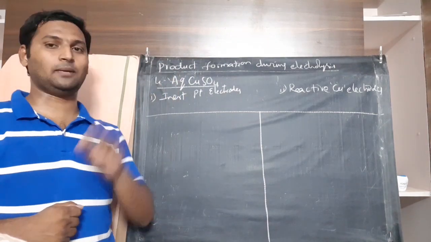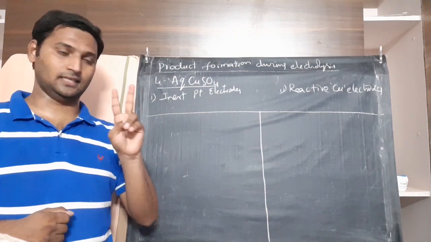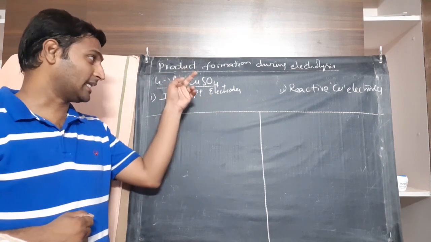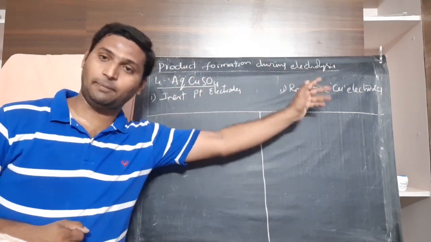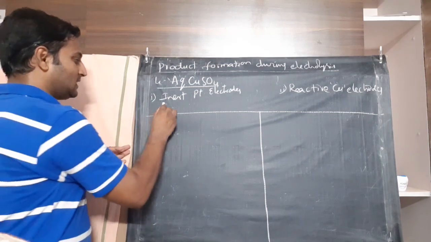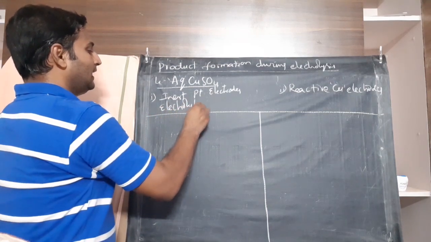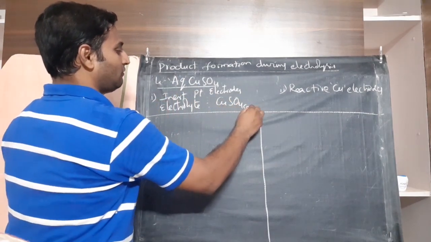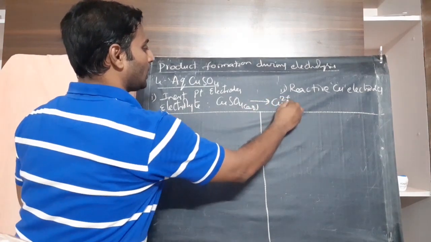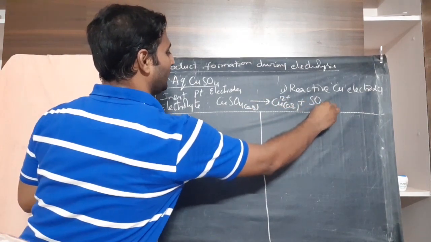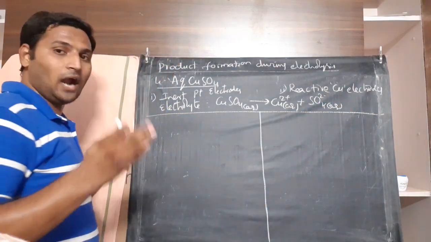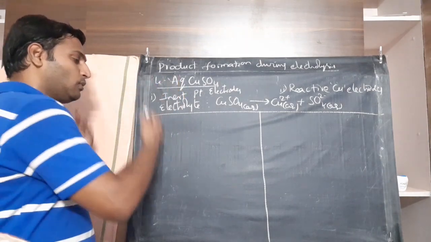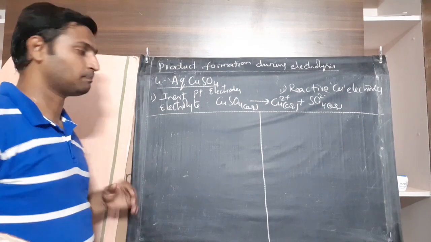That is aqueous copper sulfate. You have got two things to discuss here. Electrolysis of aqueous copper sulfate using inert platinum electrodes, or electrolysis of aqueous copper sulfate using reactive copper electrodes only. In both cases, electrolytic reaction is same. Aqueous copper sulfate would have produced cupric ions and sulfate ions. That does not change. What changes is the nature of reactions at cathode and anode and the net cell reaction. I'll give you comparative study to make learning easy.